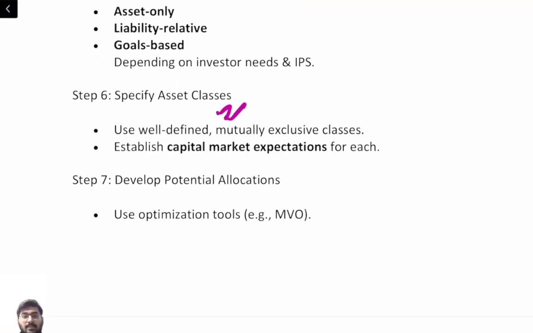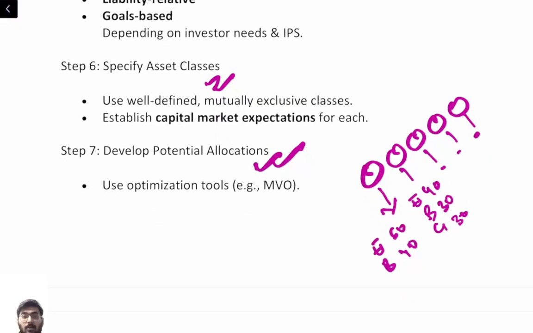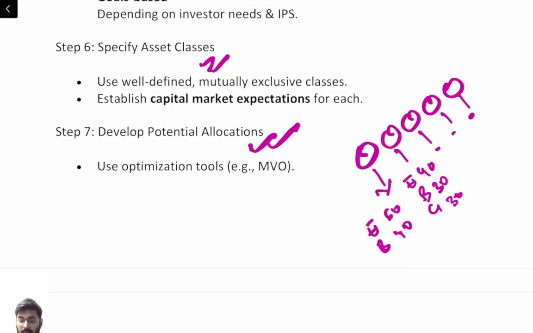Clear? Then step 7 is develop the potential asset allocations. Okay, over here you have to optimize the methods, like multiple asset allocation combinations are required. Each has a different risk and return trade-off. So you will have multiple options. Clear? One option you have created, say equity and bonds 60/40. You created equity, bond, gold, say 40/30 and then 30. Then you created other options like this. Now you will see which asset allocation combination is best based on the IPS.